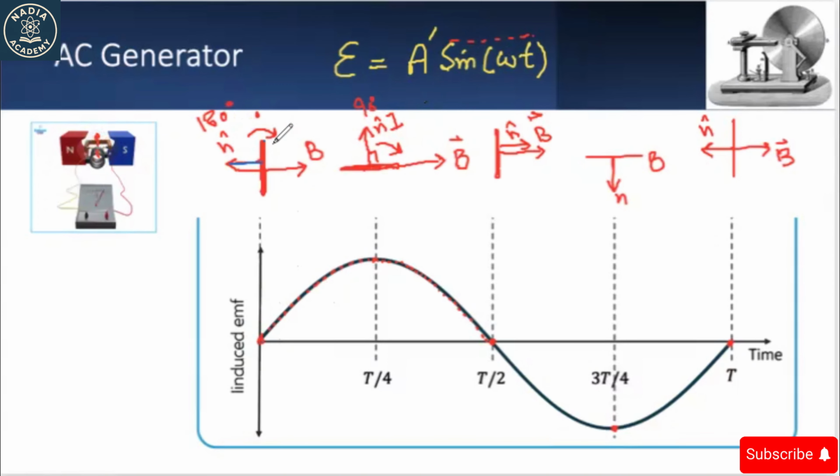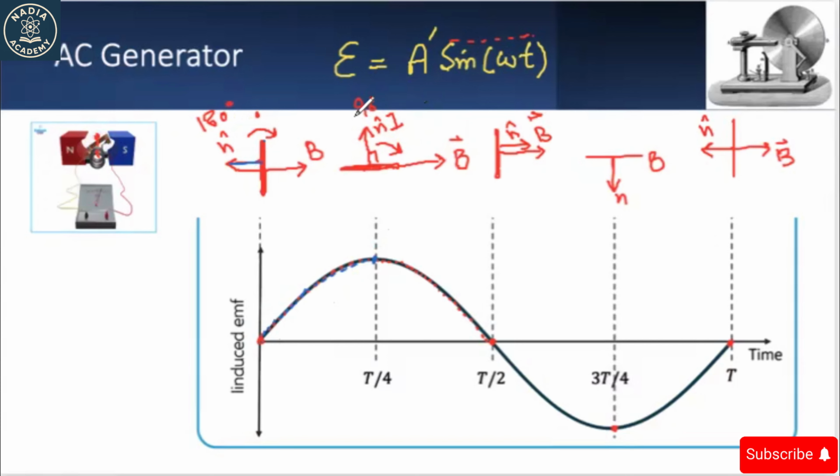Now you move toward 90 degrees. That means our linked flux with this coil is decreasing. That means there is induction, and that induction is positive, and it goes up sinusoidally to the max